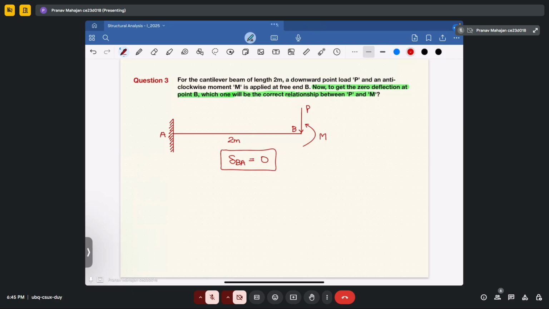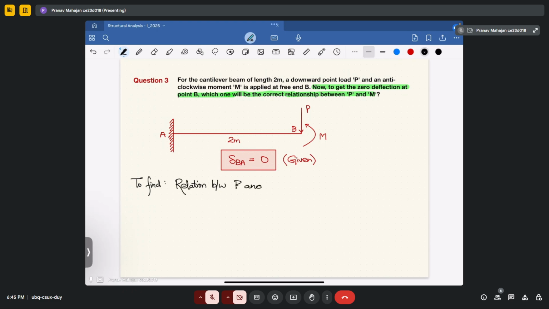This is given. What we have to find is the relation between